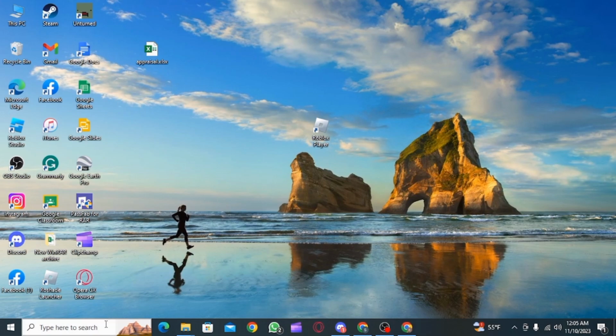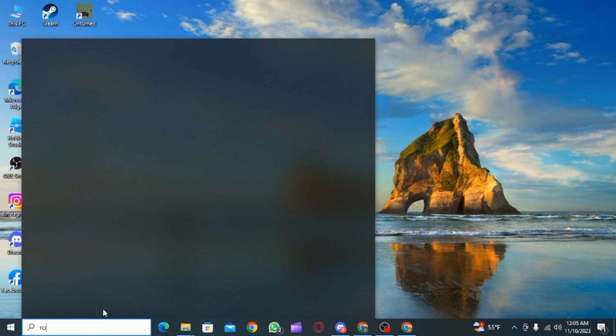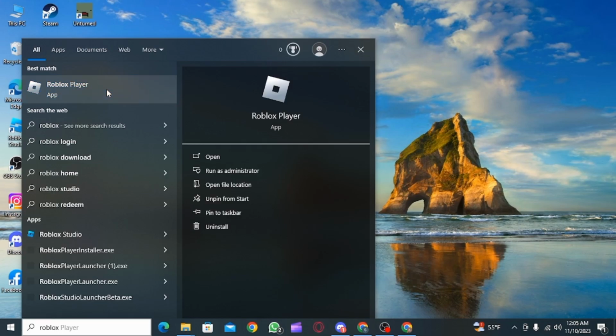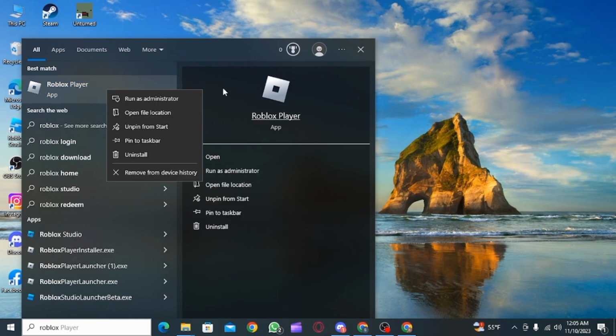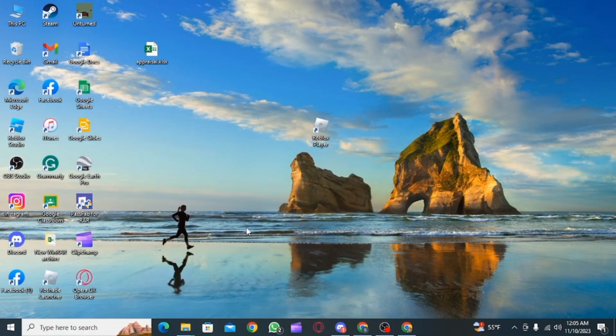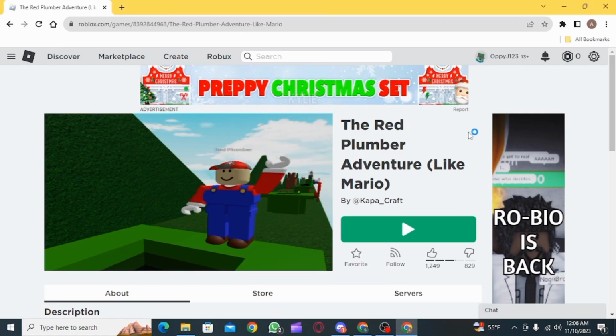If this doesn't fix your issue, then step 2 is you want to reinstall the Roblox application. For this, you want to uninstall the current Roblox app. For this, you want to search for Roblox and click on the uninstall button. Once the uninstallation has been completed, you want to open up a web browser and then click on any game